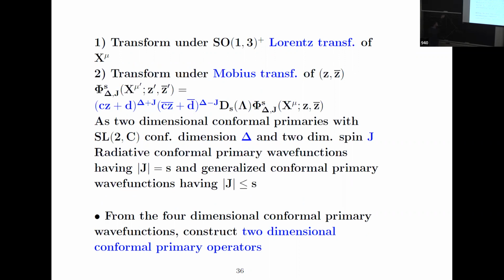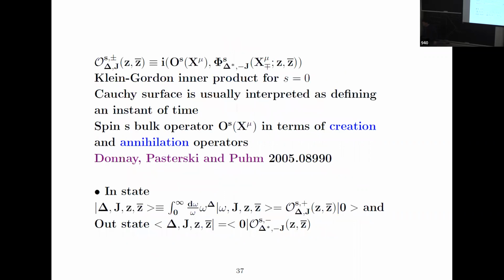Sometimes people classify the radiative conformal primary wave functions under this condition and other general cases. And here I'm not familiar with this kind of product, but their motivation was that if we go to the momentum space description, we can construct some creation annihilation operators, but in selecting those operators, we can use the Klein-Gordon inner product for the scalar case. And so they mimic those descriptions in here. So we have some bulk operator in here,